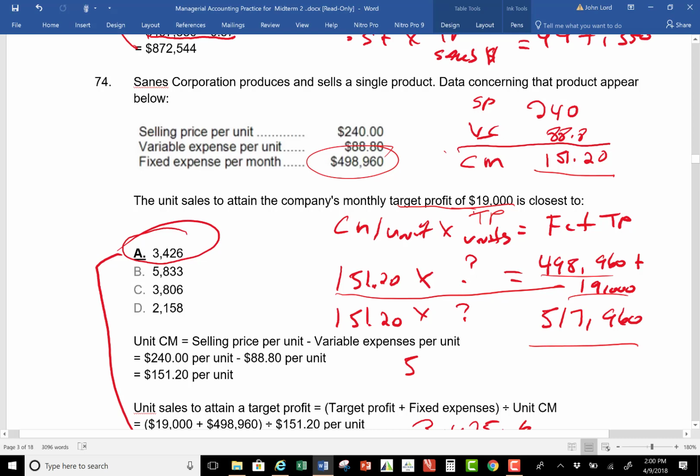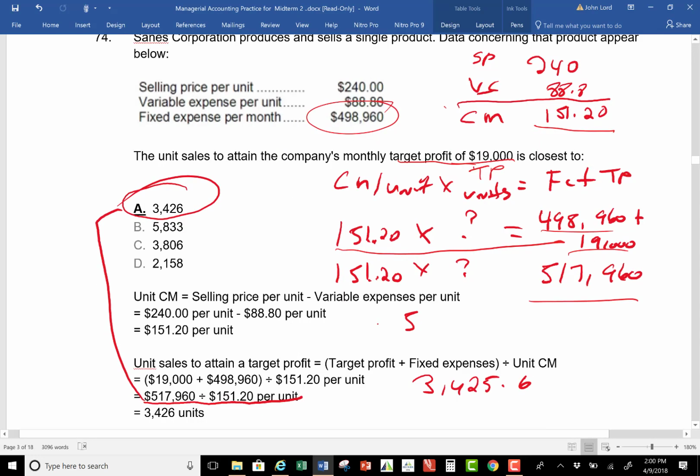That's a total of $517,960. Take both sides and divide it by the $151.20 contribution margin per unit. And when you do the math right here, you actually get